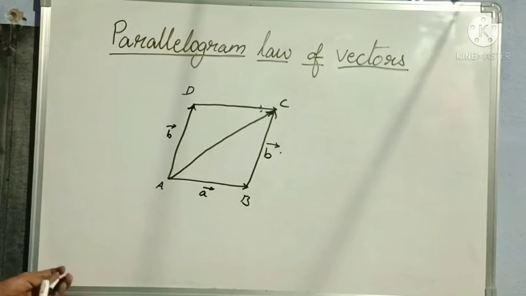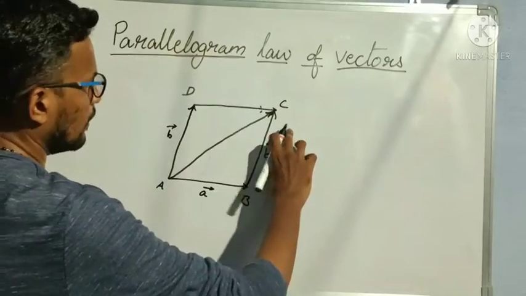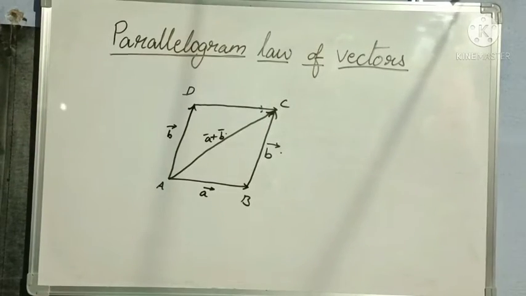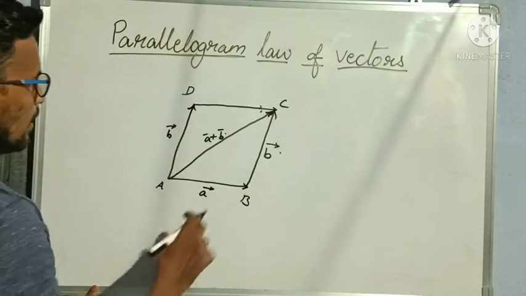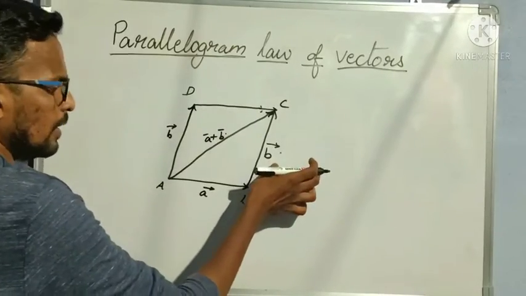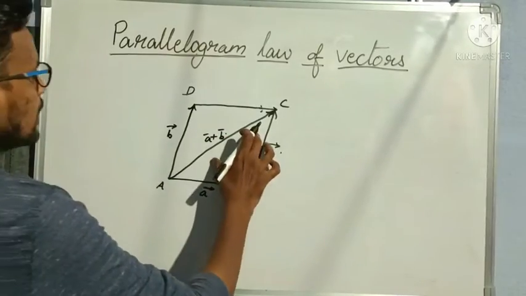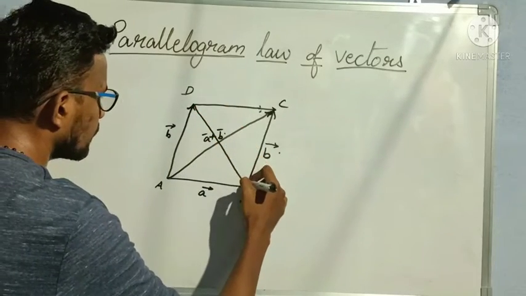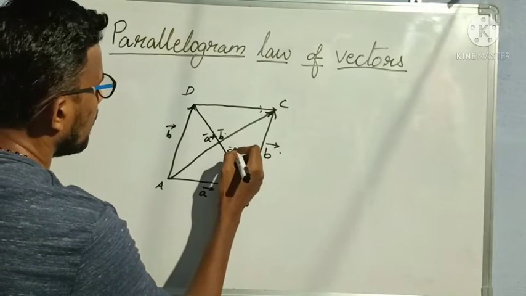So what is the length of the diagonal AC? It is nothing but AB plus BC, right? So this diagonal becomes a bar plus b bar. Clear? The same triangle law only we are applying here, but here we are getting diagonals. That's why we are taking AB as vector a and the BC side as vector b. Then the longest diagonal becomes a bar plus b bar. So this is called the parallelogram law of vectors. And if I take one more vector like this from D to B, then this vector becomes a bar minus b bar.